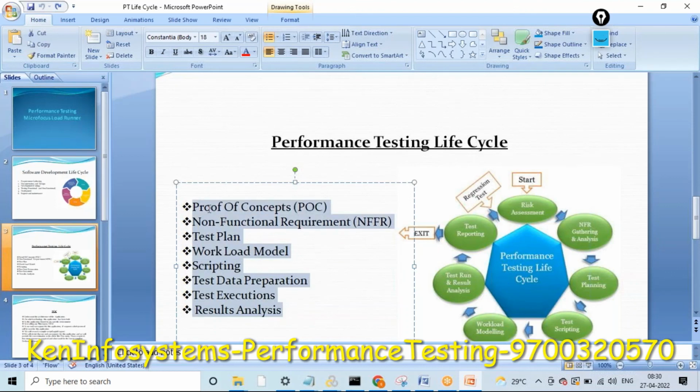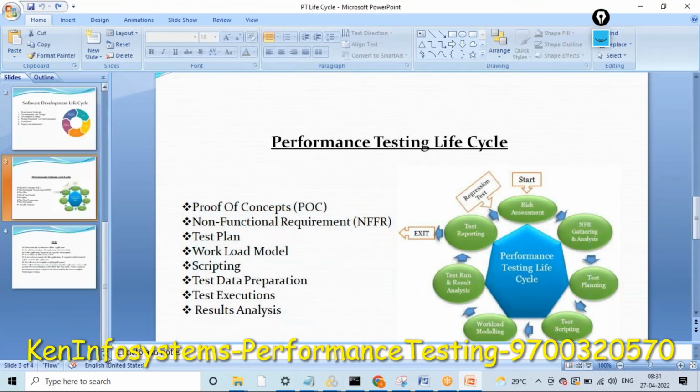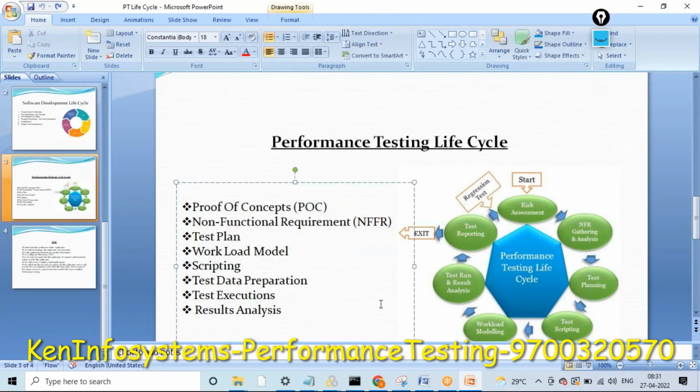If I complete the performance testing life cycle, you will get an idea of the end-to-end process, but it is not going to happen immediately. In four classes I can complete these four areas, and later on we can start the scripting. So I have just told you the life cycle, what sections are available in performance testing. Now we will move to the